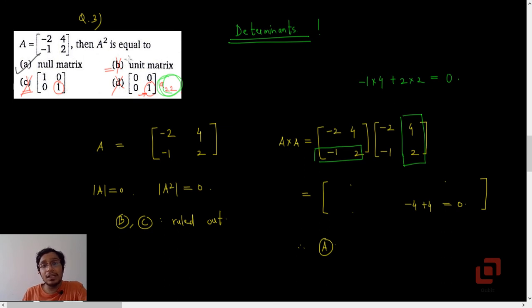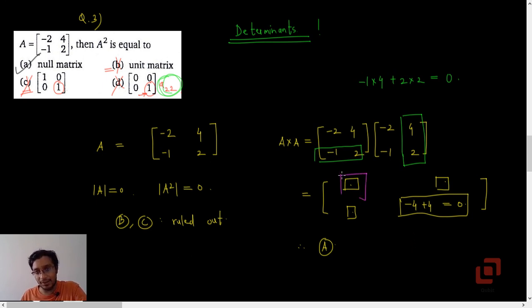See, if you don't think how to solve this problem, then you will proceed as usual. That means we'll first find this element, then this element, then this element, and then this element. Okay, and then you will conclude whether it is A, B, C or D. However, if you spend some time in actually analyzing the problem, not too much, and if you get it, then you can easily solve the problem.